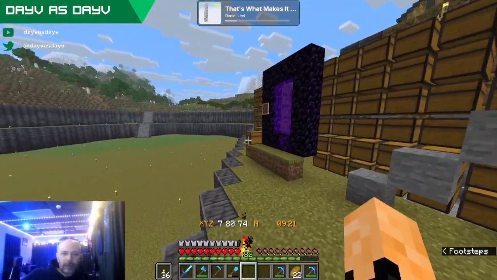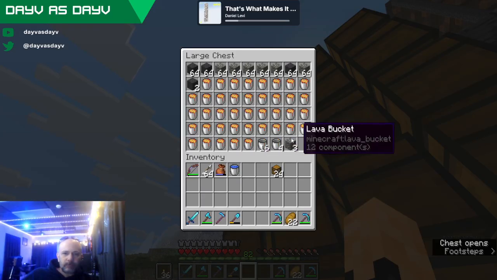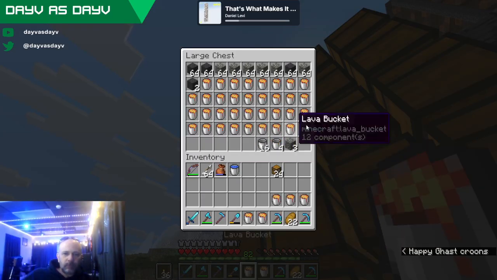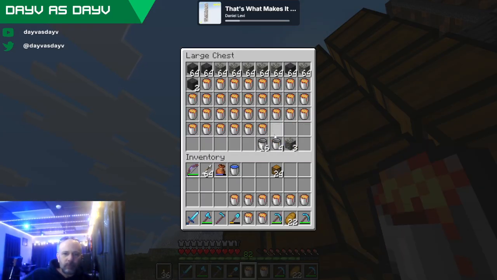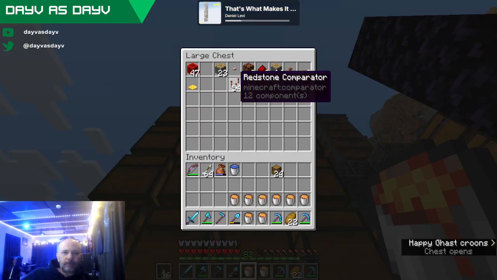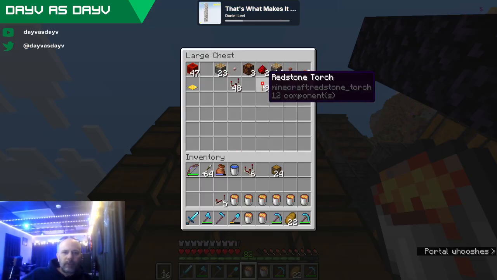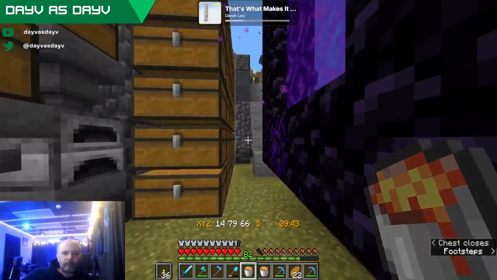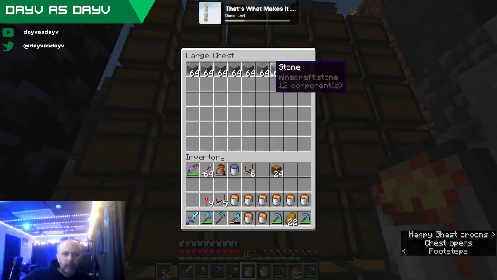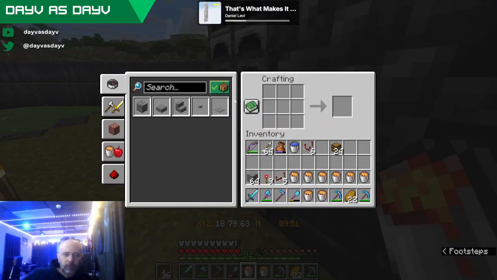Because I've literally already forgotten what I was supposed to get. Eight sounds right. And then comparators. 1, 2, 3, 4, 5, 6. And a bunch of repeaters. Let's make some more repeaters. Repeaters take regular stone. Slabs.